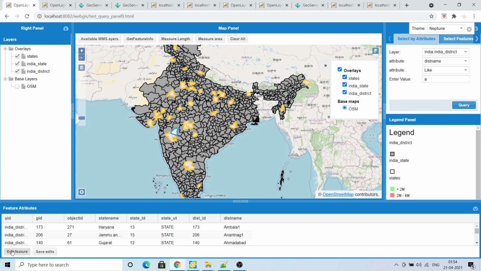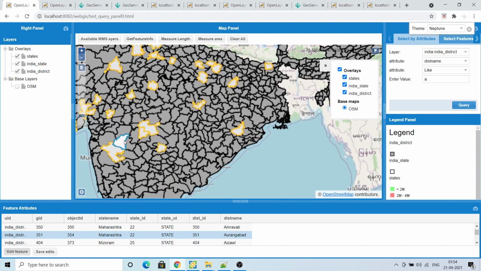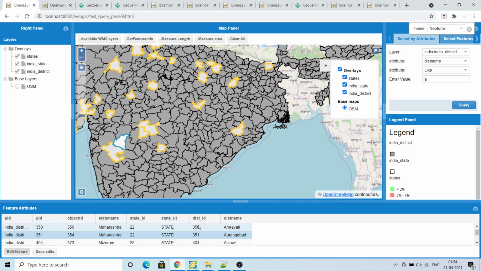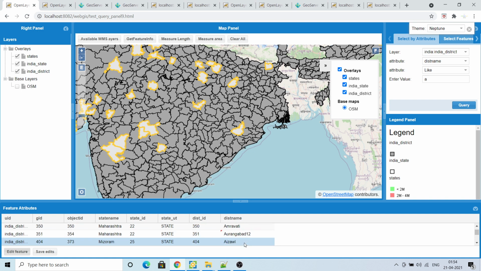Now if I click on edit feature, you can see the editing function is coming. I can edit the feature, but I will not edit it. I will show you how I will add even attributes, like Aurangabad. I will make it 1 2, or Aurangabad 1 2 here. Sorry, 1 2, and after that I will save edit.